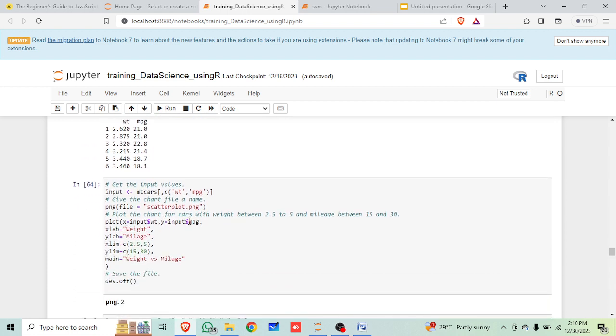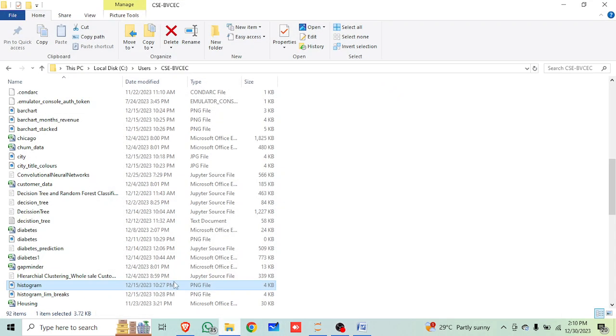Then input mtcars, see this thing, give the chart file a name: scatterplot.png. If I want to plot this one, how it looks, it will come as scatterplot.png. If you run this one, so xlab you are giving weight, and ylab you are giving mileage. So the limit is equal to this one you are giving, and main is weight versus mileage, okay. So save is okay, the name is scatterplot.png. So if you see this scatterplot.png,